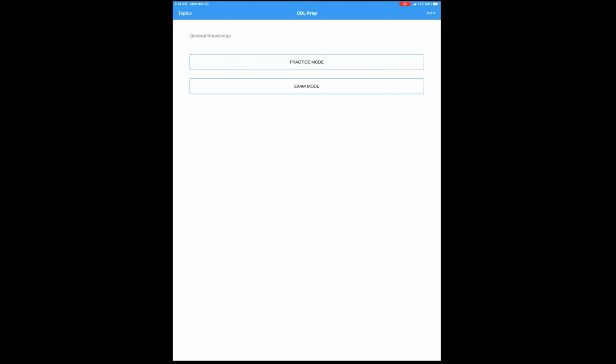With CDL prep, the interface is pretty simple and clean. You go to your topics and choose the topic you want. You have all the topics you could possibly do for your CDL in terms of endorsements: general knowledge, combination, air brakes, hazmat, passenger, doubles and triples, tankers, and school bus. But what you won't find in most of these apps is